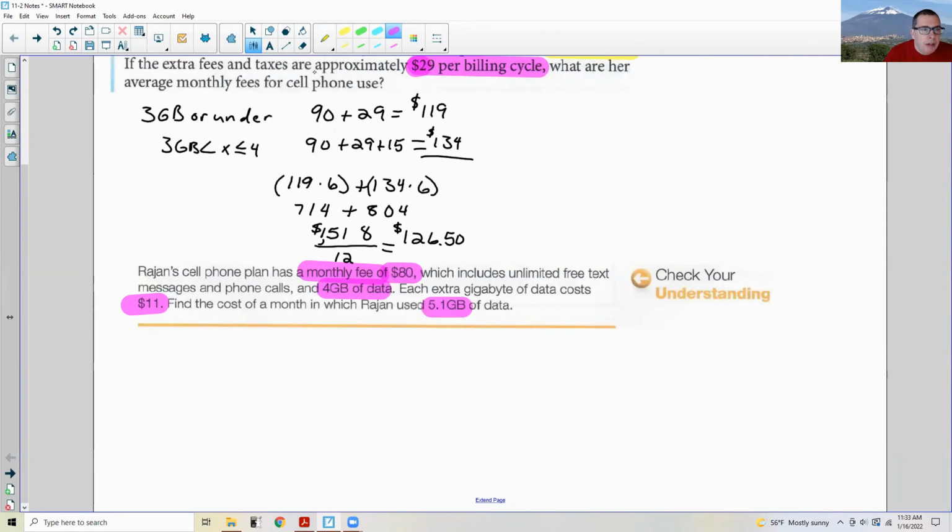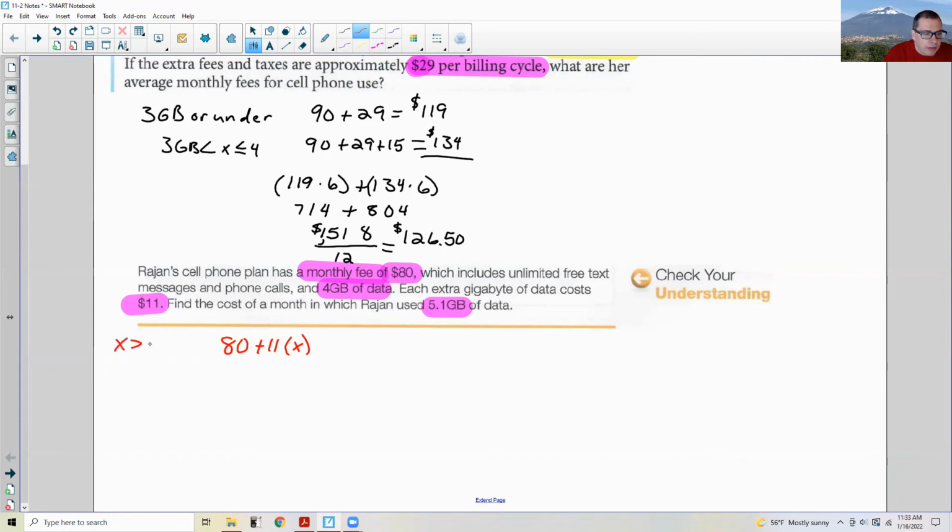Okay. All right, so this one, if I just set up an algebraic expression, it's $80 plus $11 times each additional gig, or part thereof, which would be X. So if it were 4 gigabytes of data, it's not going over. So there's no $11 extra charge. So it's just $80. So this is when X is